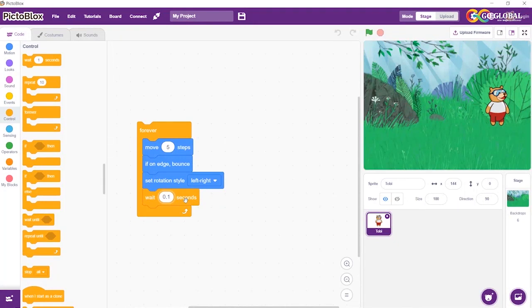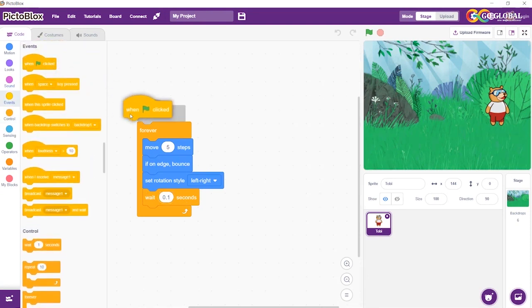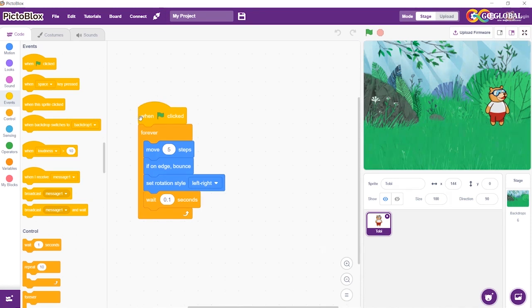Now, you might have noticed that so far, we have had to click on the script every time to run it. Instead of having to click it manually, there's something else we can use, a head block. A head block is a block with a bump at its top and is used to start a script based on a predefined condition. Go to the Events palette and drag and drop the When Flag Clicked Head block above